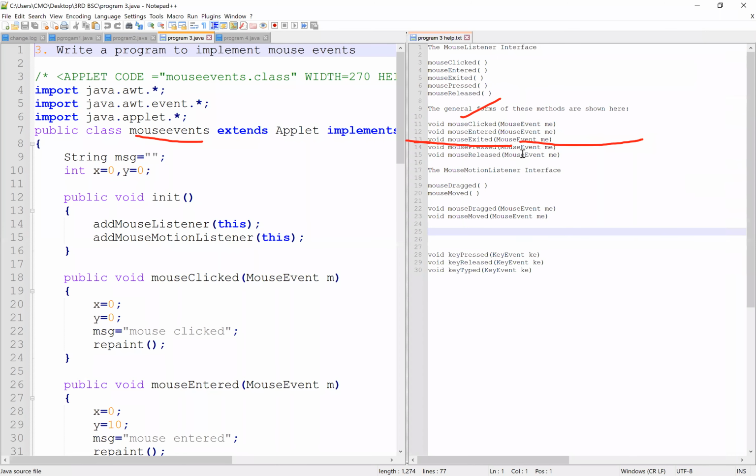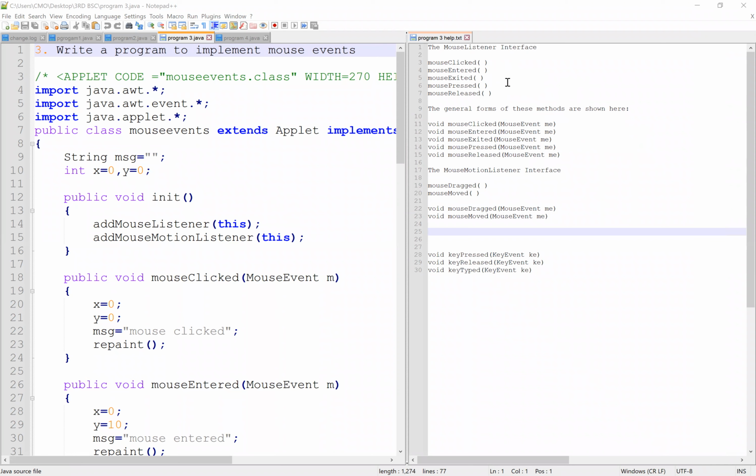See this. In MouseListener we have general forms like mouseClicked, mouseEntered, mouseExited, mousePressed, and mouseReleased. In the listener we have 5 of these.